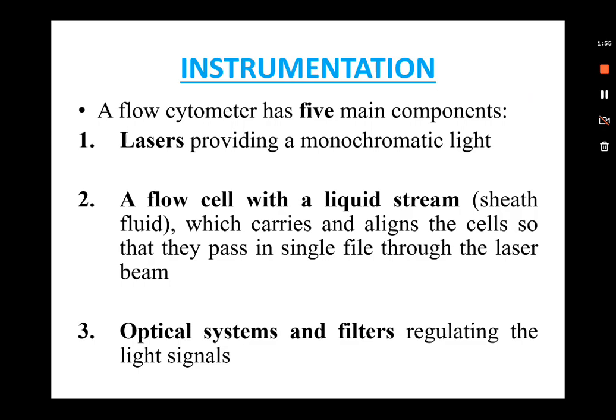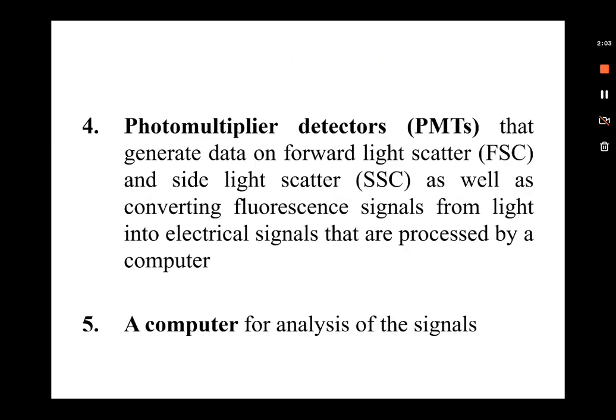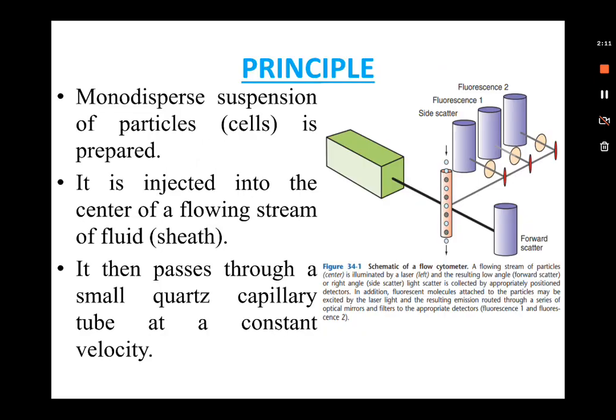We have the flow cells within which there is a liquid stream which will align the cells individually. Then we have optical systems and filters which regulate these light signals. Then we have detectors which will detect the forward scatter, the side scatter or the fluorescent signals. And then of course the computer will analyze these signals. So we'll see how you prepare a single cell suspension. We prepare this single cell suspension and inject it into this fluid stream, and it passes through this capillary tube